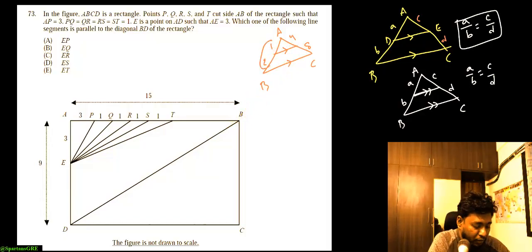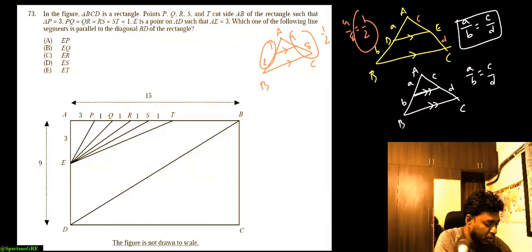Because the left side ratio is 1/2 and the right side ratio is 4/8, which is also 1/2. So since the ratios are the same, the lines will be parallel. Now using this property, I have to say which of the given lines is parallel to